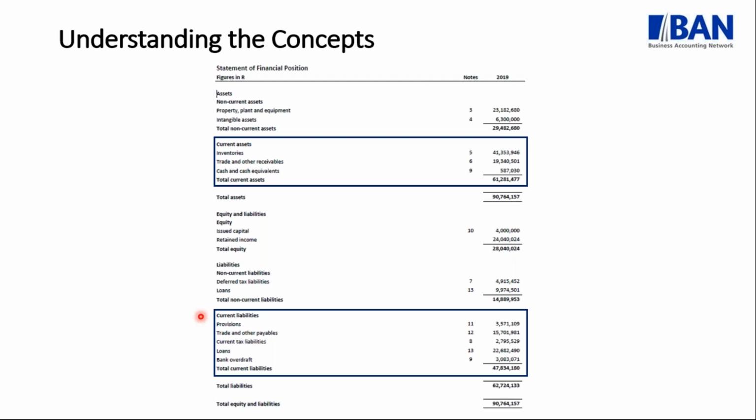Now, if you just look at this extract, you can see that your total short-term or current assets exceed your total short-term liabilities. So it seems as if they probably should be quite liquid. But if you delve a little bit deeper, you can see we've got quite a large balance sitting under inventories, and we've got this strange short-term loan, as well as a bank overdraft that's been utilized at the bottom. So you can see there's a lot more investigation that needs to be done into your financial information to determine what your liquidity position is. But we will be looking at that in a little bit more detail later on.